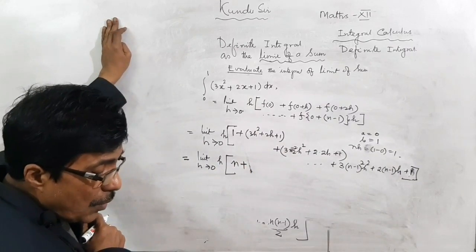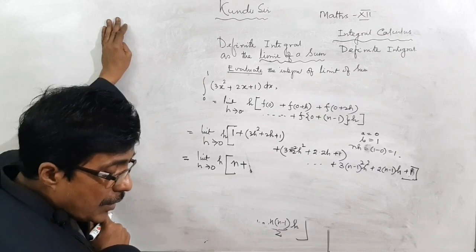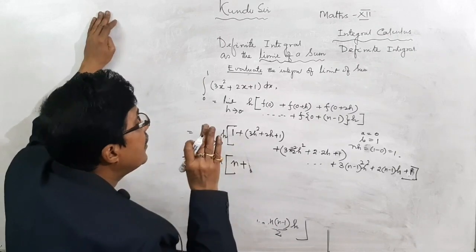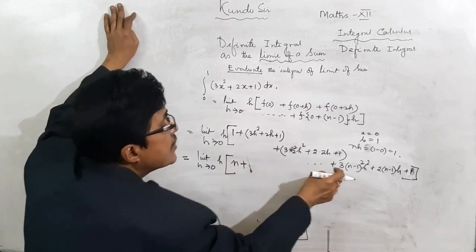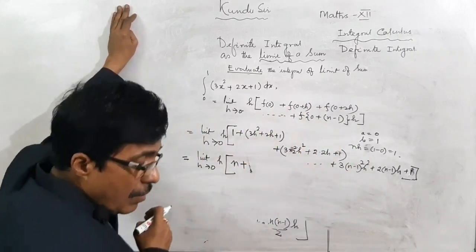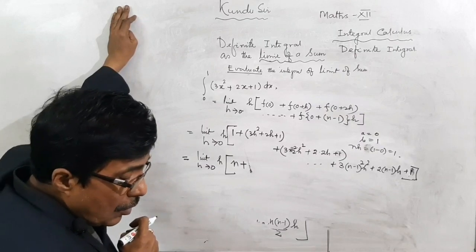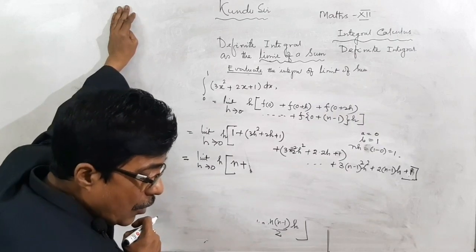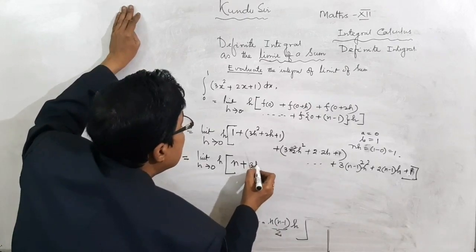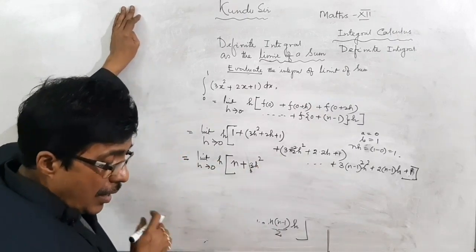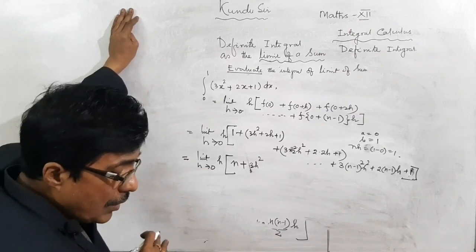Thereafter we can make a series. First, we are taking 3a square common from everywhere, then we are getting 3h square, and we are getting